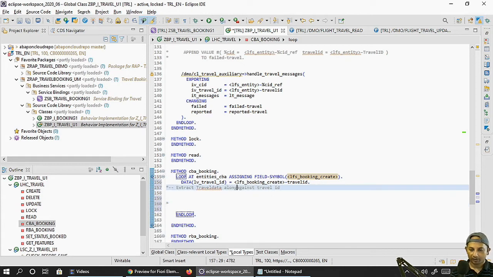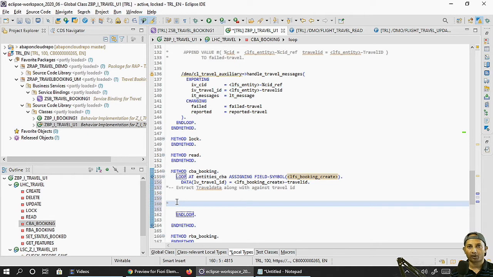Why do I need booking? I'll explain. We have to find the highest booking number already available. Currently in this particular example, you don't have any booking instance, so by default it will be 0. But if you already have a booking instance and you are going to create a new one, we'll find some booking information. So I have to find the last booking ID, correct, because I need to add one over there, as we are not using any number range in this particular POC or example.